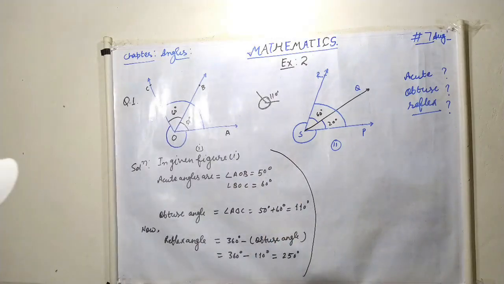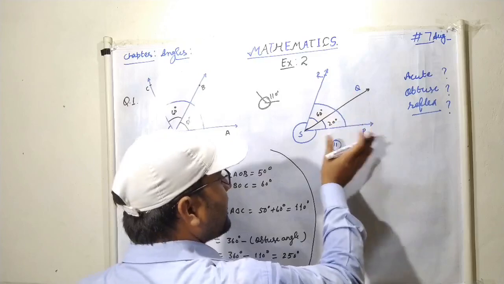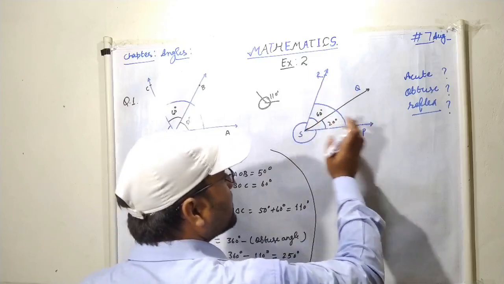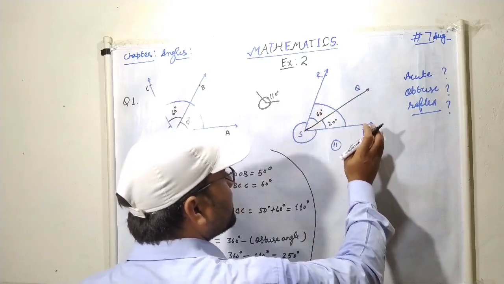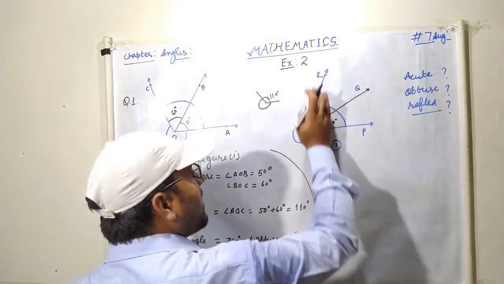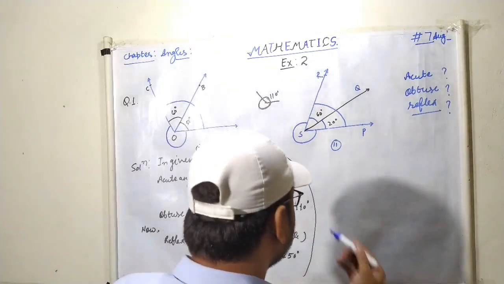Question number two, students. In this one, angle PSR is the main angle. It is given that it has two parts: angle PSQ is 20 degrees and angle QSR is equal to 60 degrees, and both are acute angles. So in your solution,